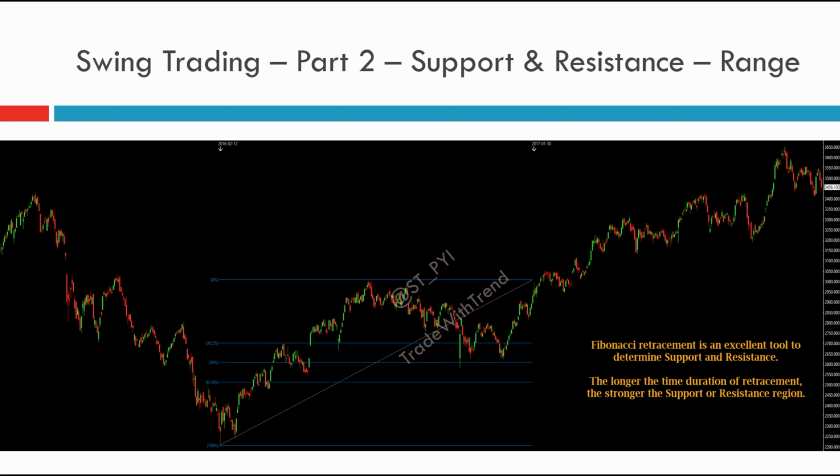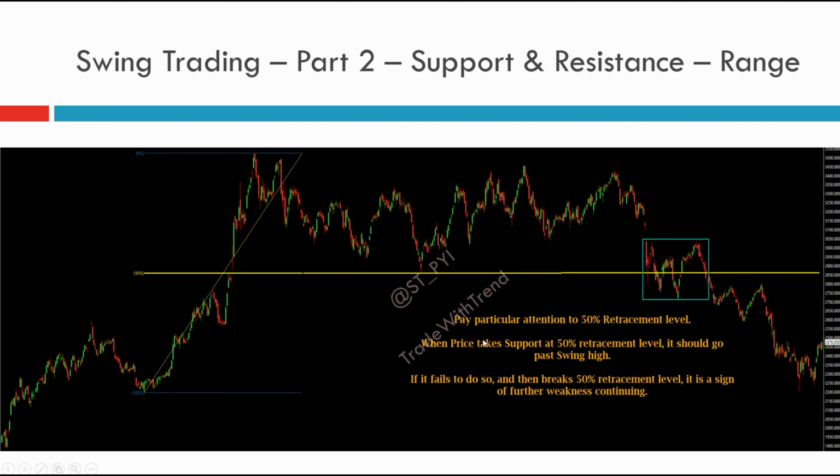Number one is that instead of a particular level, we are marking out a particular range. And number two, to validate that particular range that we'll mark out, we'll be plotting Fibonacci retracement levels so that we can visualize whether the price has taken support at 50% retracement or not. There would be times when price would actually take support at the 38.2% level itself. That is also completely fine.